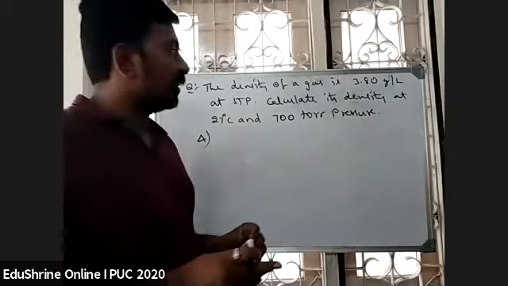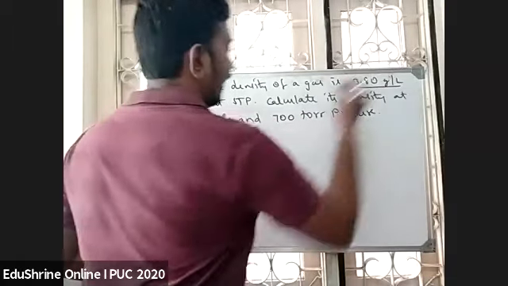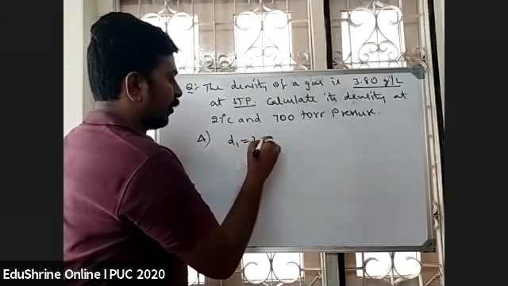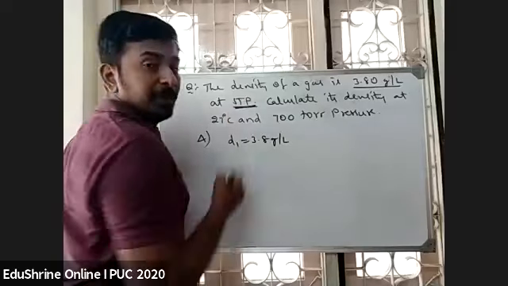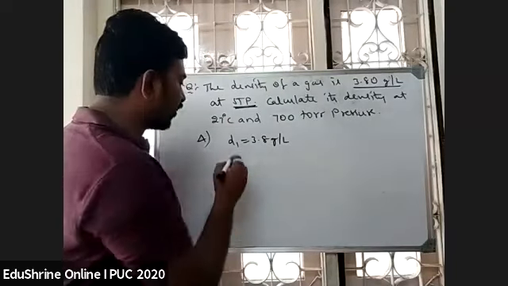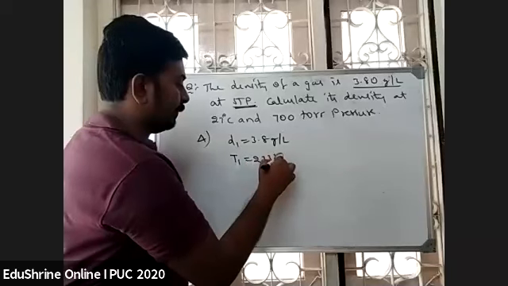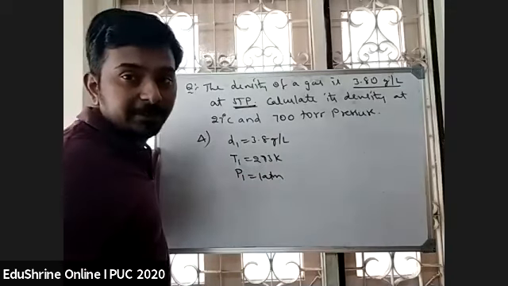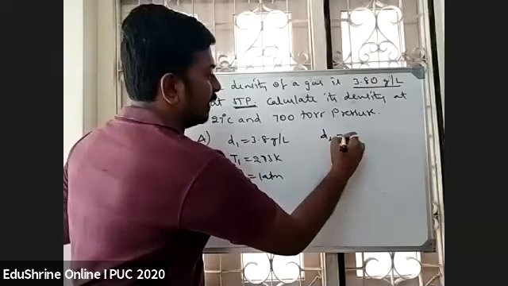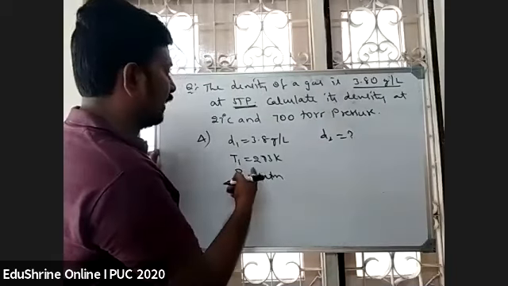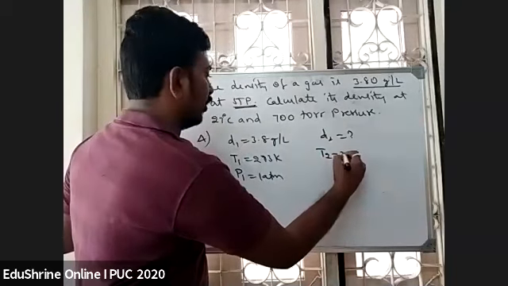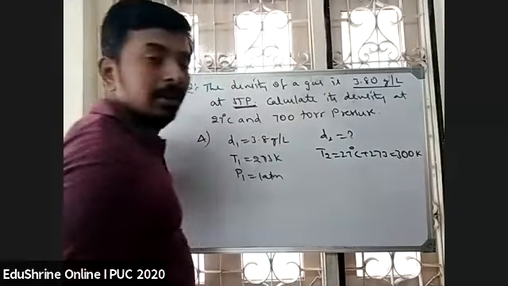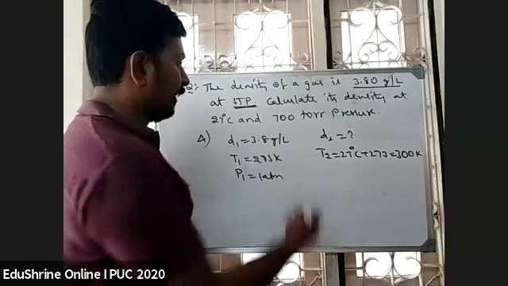Okay, see here students. One density is given as 3.8 gram per liter at STP conditions. So D1 is 3.8 gram per liter. STP conditions means what must be the temperature and what must be the pressure? Temperature is 273 Kelvin and the pressure must be 1 atm, correct? Then they are asking to calculate the density when the temperature is 27 degrees centigrade. That means the T2 value will be 27 plus 273, which is 300 Kelvin. So the second temperature is 300 Kelvin and pressure is 700 torr.